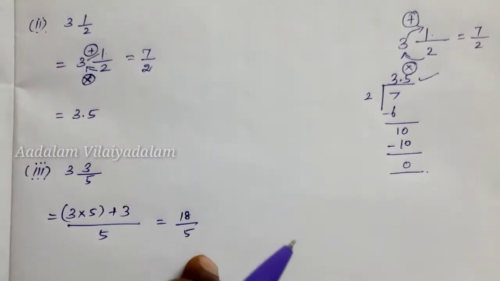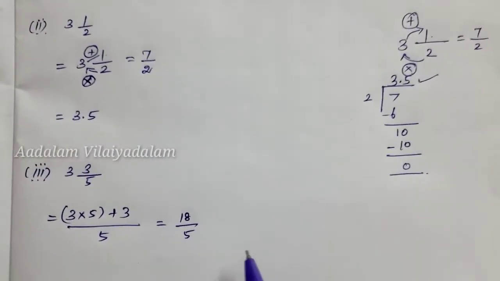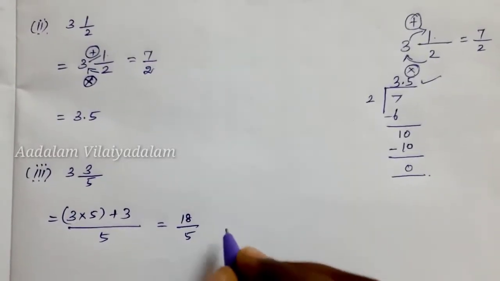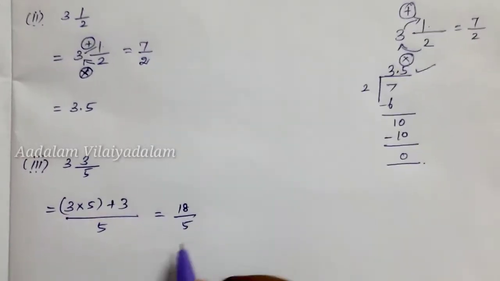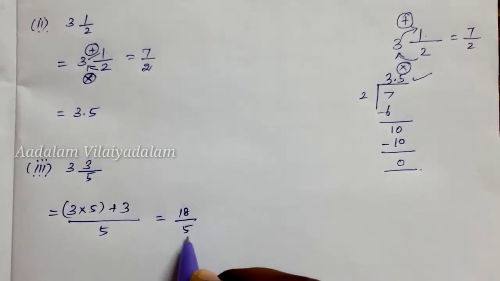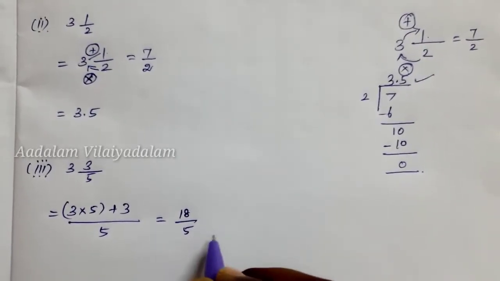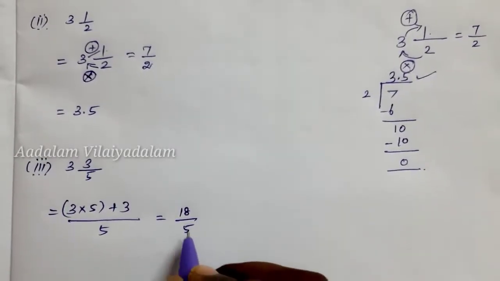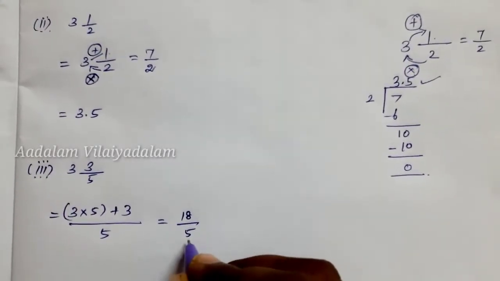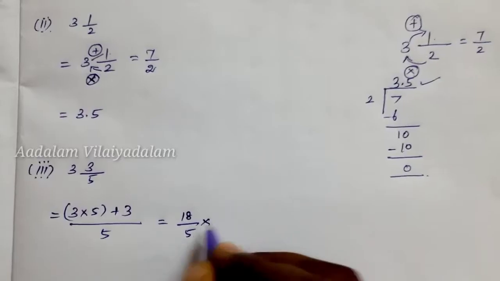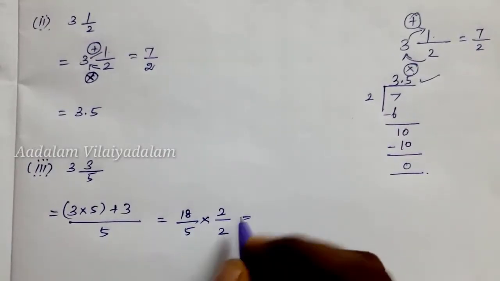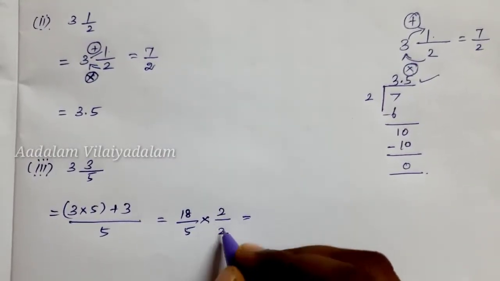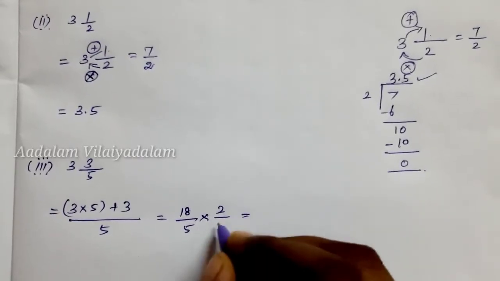For this fraction we need to find the decimal number. How can we find it? Just multiply by the number which makes the denominator 10, 100, 1000. Look at the denominator. If there is a single digit, make it 10. If there are 2 digits, make it 100. If there are 3 digits, make it 1000. Here there is only one digit, that is 5. So I multiply by 2 because 5 2s are 10. I multiply and divide by 2, so the value remains the same.